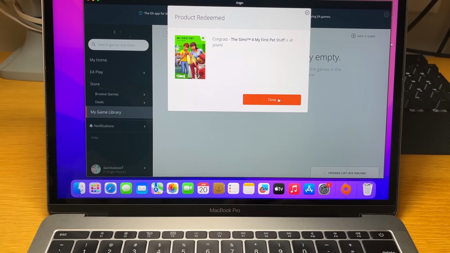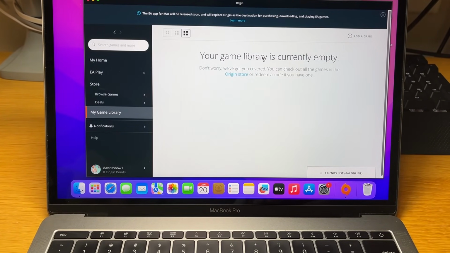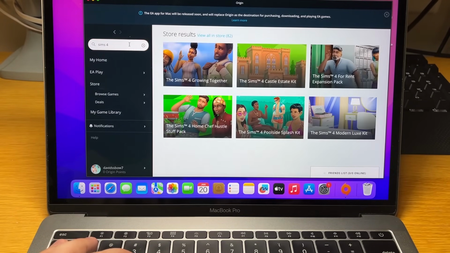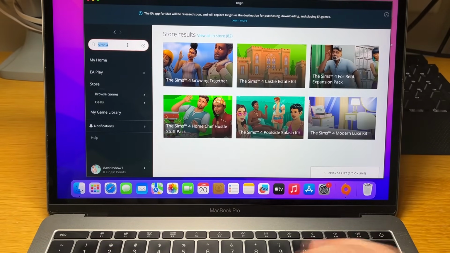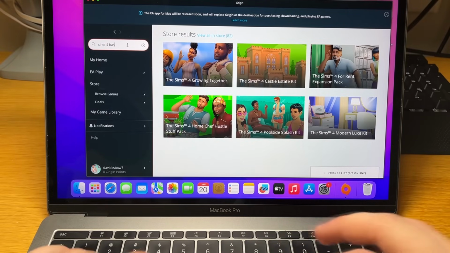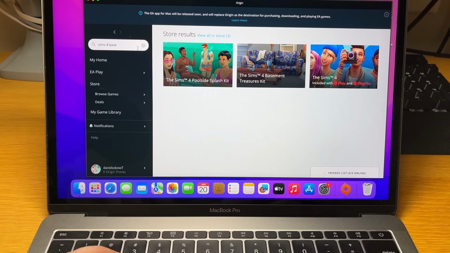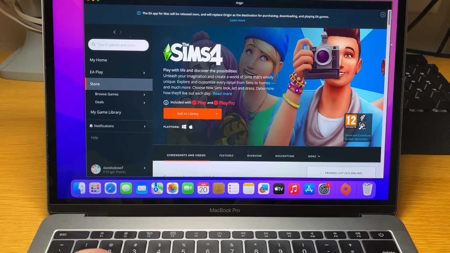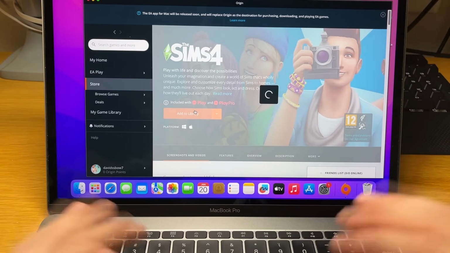So guys, I hope you enjoyed this very, very simple, legit tutorial of downloading Sims 4 for free with all the DLC. Hopefully it was helpful for your Mac computer, Apple computer. Now all you have to do is just go play it,